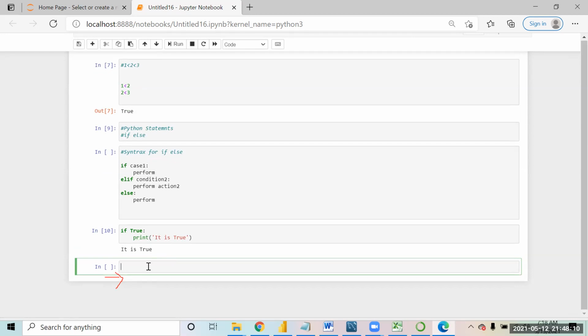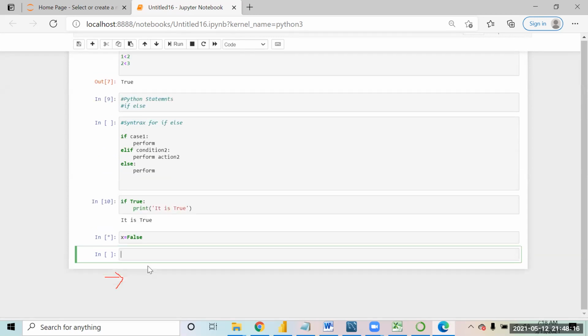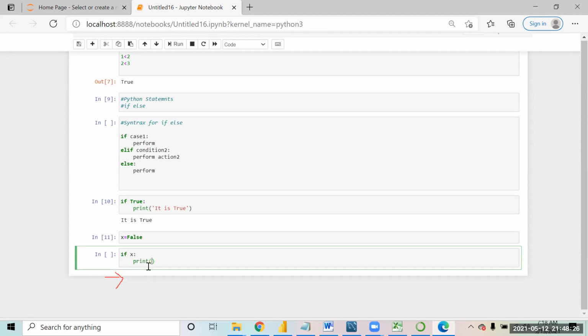If I define a variable x equal to false, I'm storing the value false in x. Now if I say if x, I want the output as print x was true, else x was false.